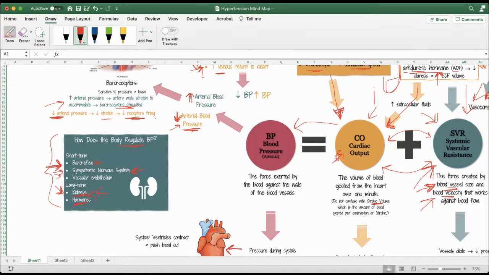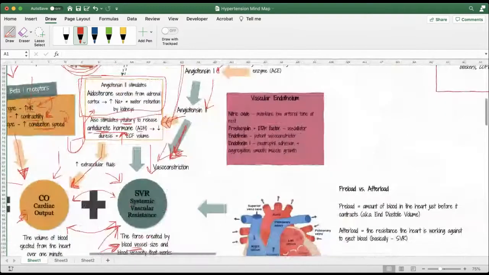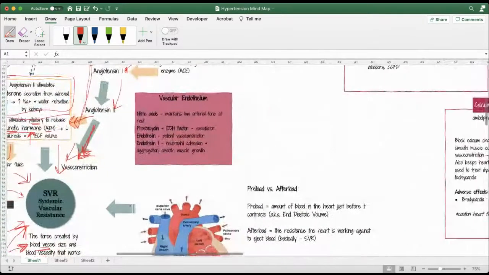The kidneys, the RAAS, but also those two hormones we just talked about, the aldosterone and ADH. So the only one we have left to talk about is the vascular endothelium. This is actually not as complicated as it sometimes comes across at first glance. All you need to remember about the vascular endothelium is what's involved in the